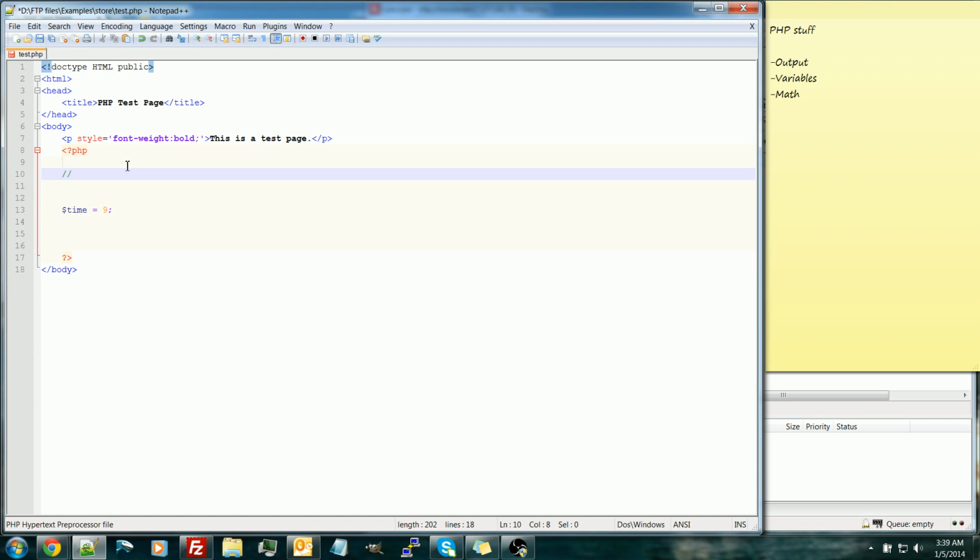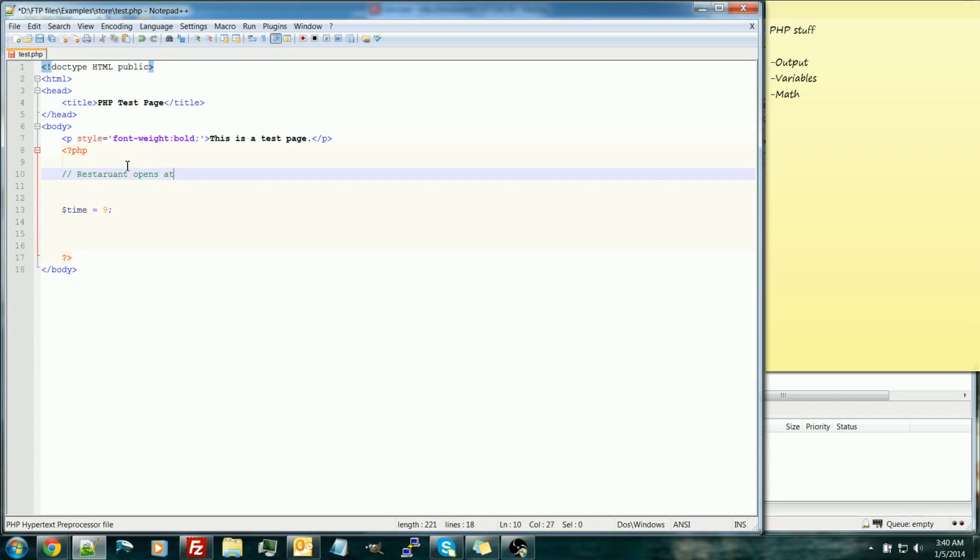A comment, you'll see it shows up green. The comment is strictly for you when you're reading the code. PHP does not touch comments at all. It doesn't run anything on them or output them or turn them into variables, it ignores comments. So you can add notes to your code with comments so that you can read them later. Okay, so we're going to say